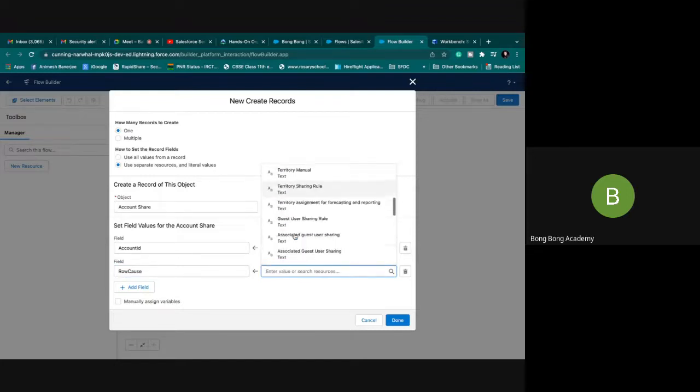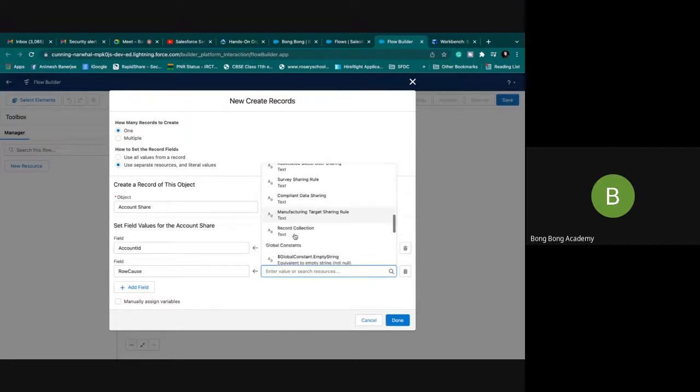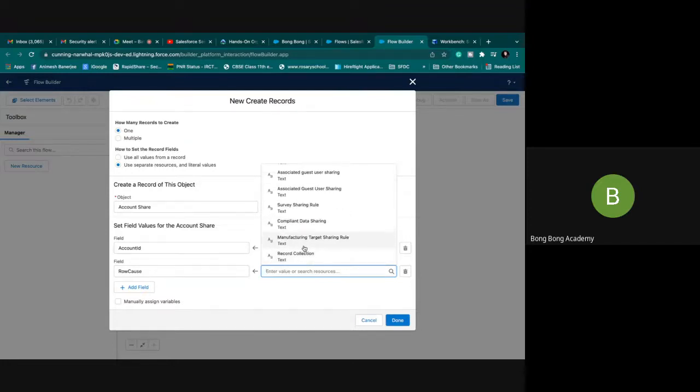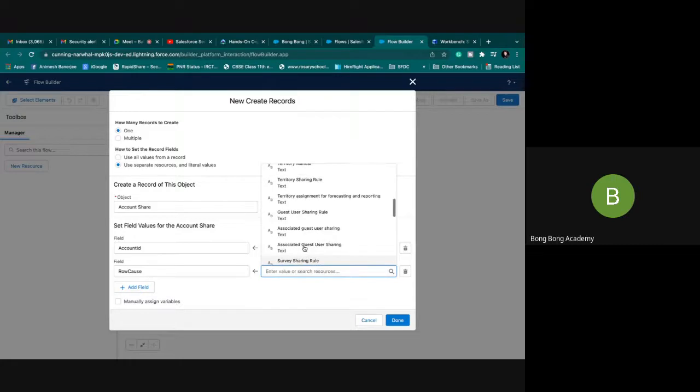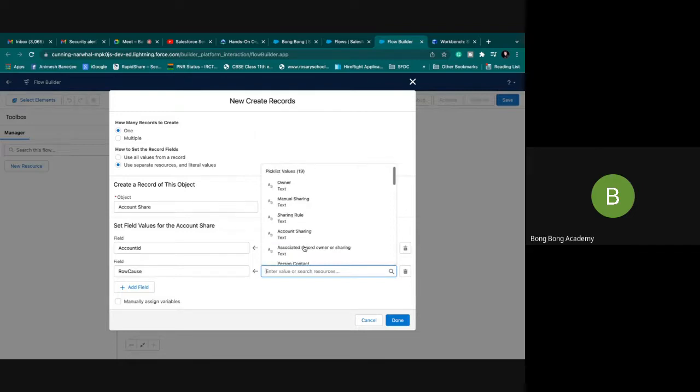there are some values already given here. These are given by Salesforce itself.